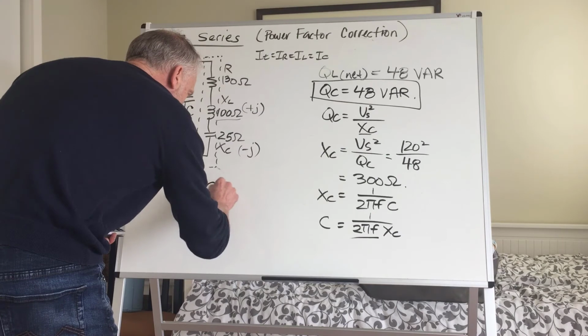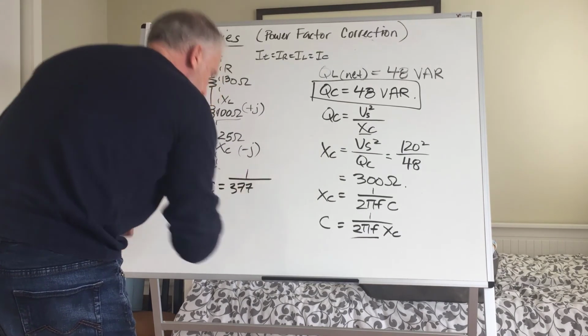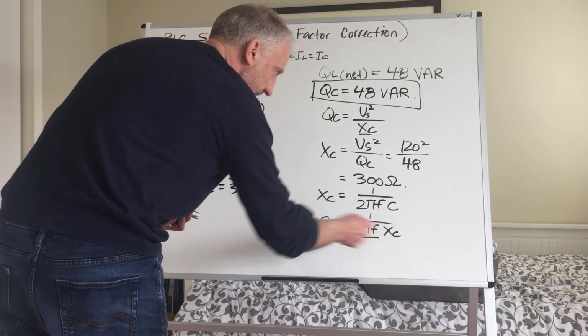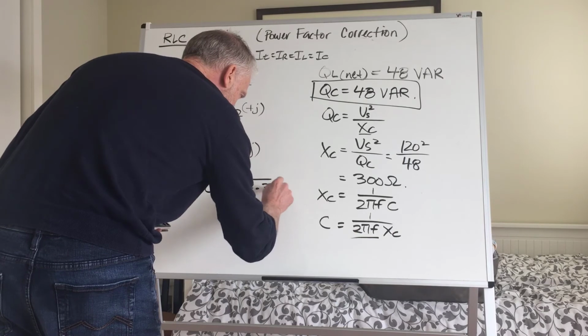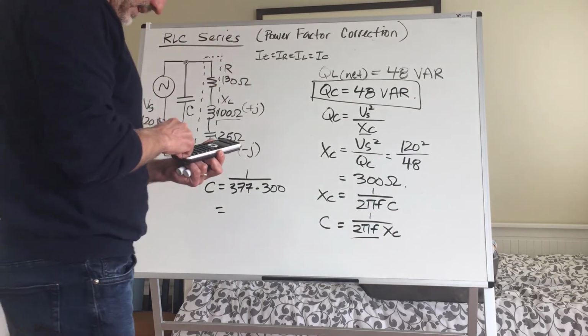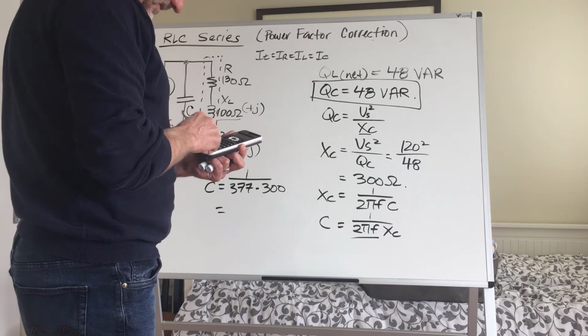So our C value is going to be 1 over 377, the angular velocity for 60 hertz, multiplied by our XC value of 300, and that's going to give us C. So 1 divided by 377 times 300